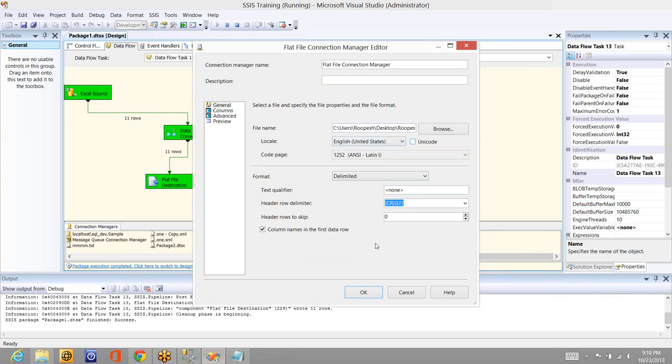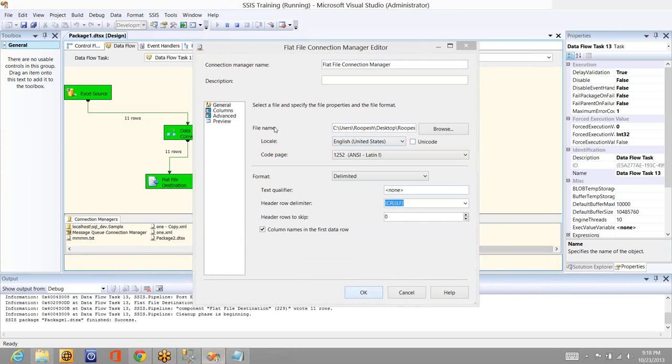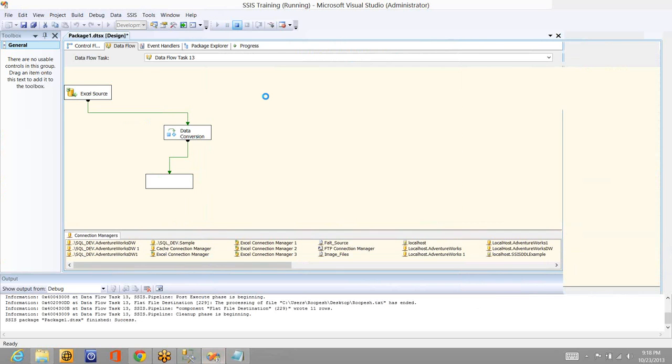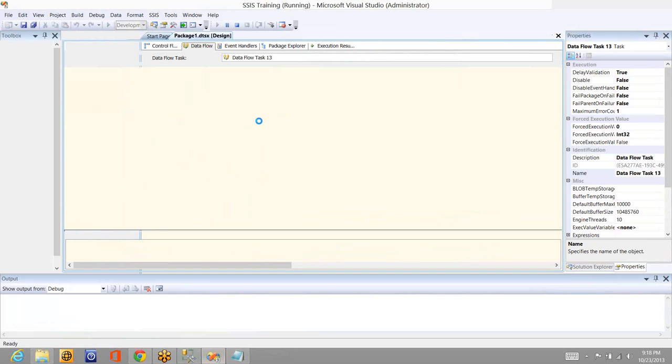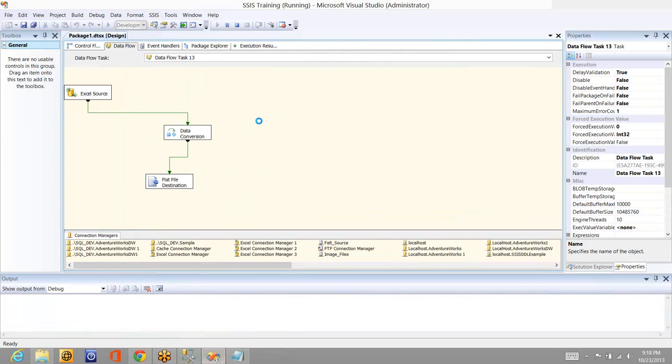If I uncheck this and execute it, now if I try to push the same Chinese character set into this, it won't accept. Why? Because the code page does not support the Chinese characters. Whatever code page we have selected there does not support them. In the same way, if I select the code page as Chinese, then it won't support English or the remaining stuff, right? So that is why you have to check the Unicode option available in the